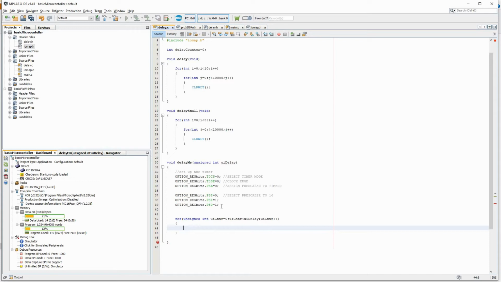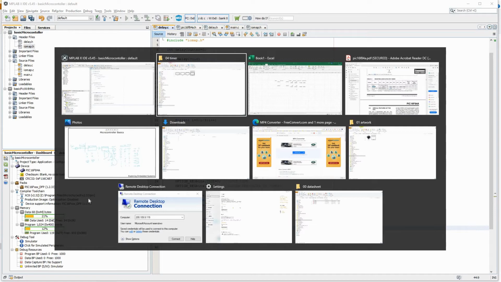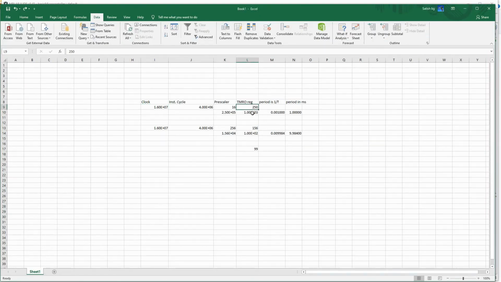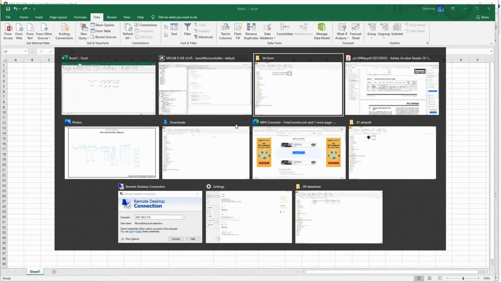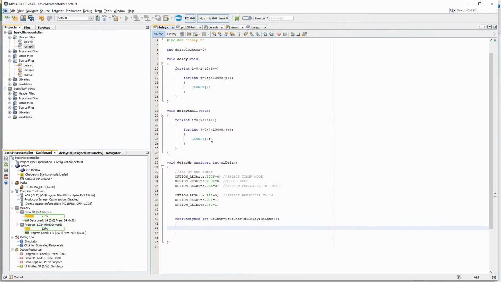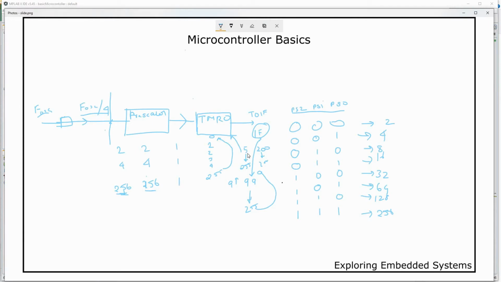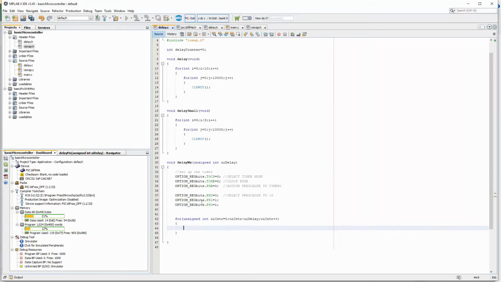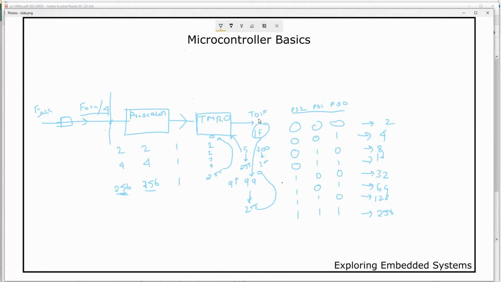So what I'll do here is, if you come back to our design sheet, I want this timer to increment only 250 times. So I have to start it from 5. If I start from 0, it will count 255 increments. I want only 250 increments. So what I'll do here is TMR0 is equal to 5. So from 5 it will start counting. So I'll clear the interrupt flag and start counting from 5 to 255.